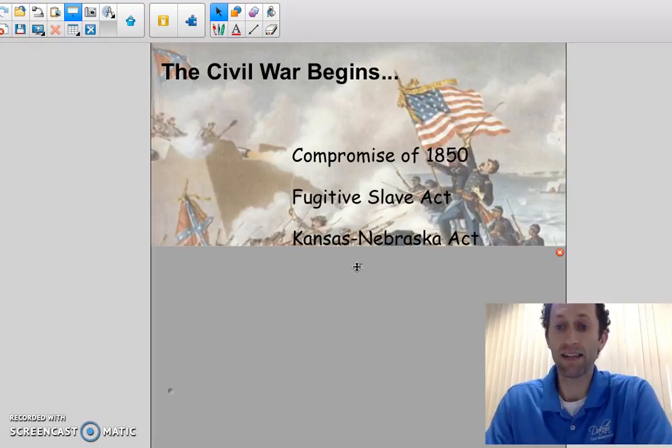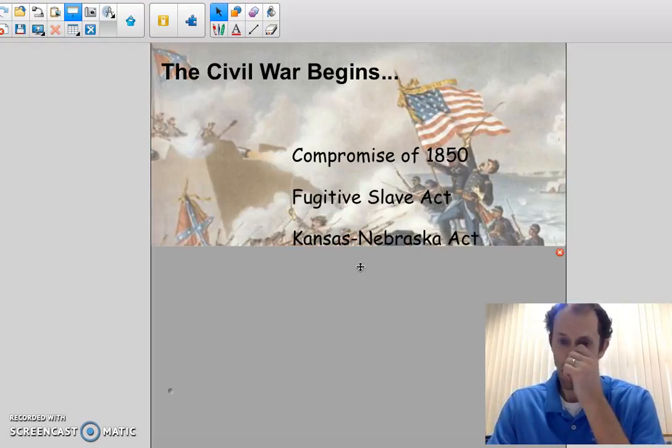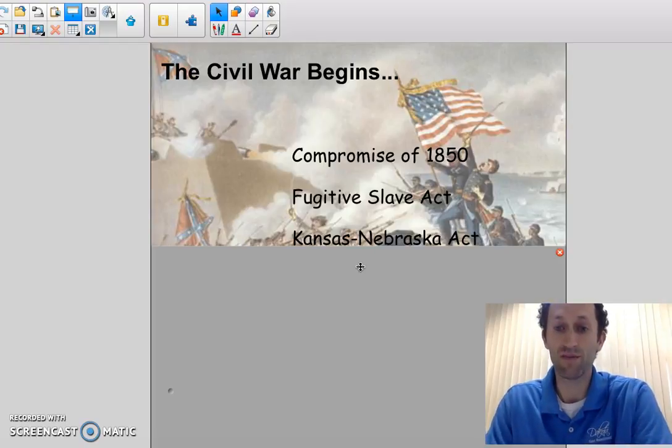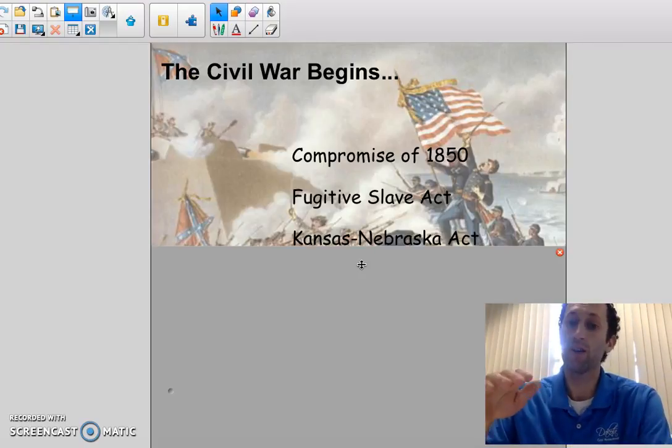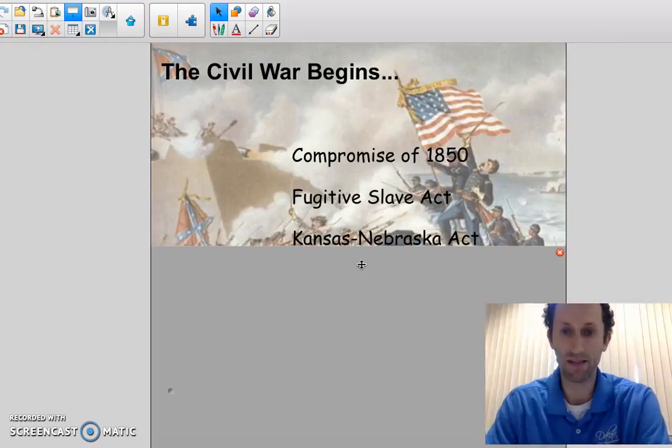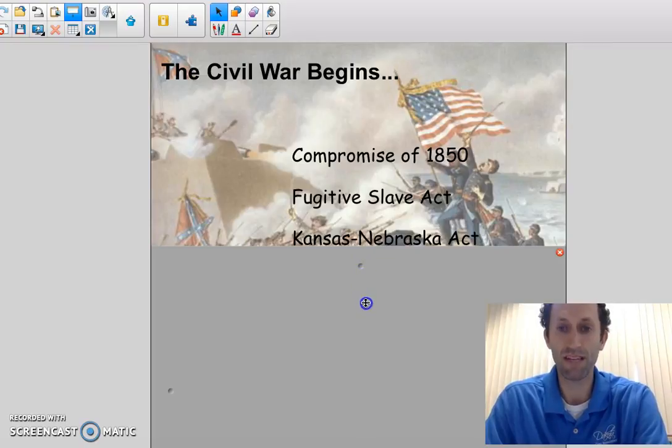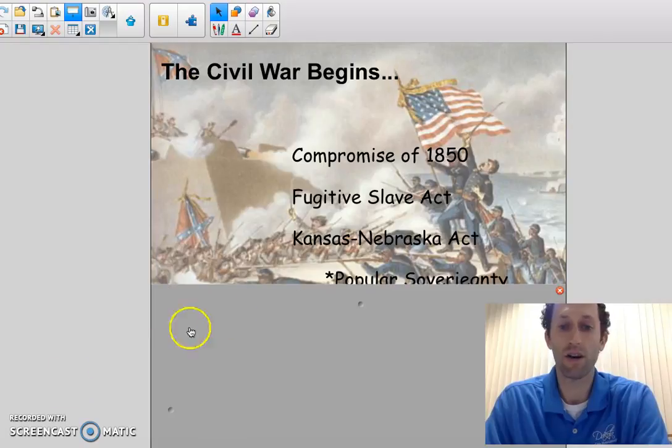The next thing, in 1854, we had the Kansas-Nebraska Act. This allowed people in the territory to use popular sovereignty, in other words, to vote if they wanted slavery or not. This kind of went against the Missouri Compromise, which said anything above 36°30′ should be free, anything below could be open to slavery. That was 1854. All these things have been kind of building up to cause battle.